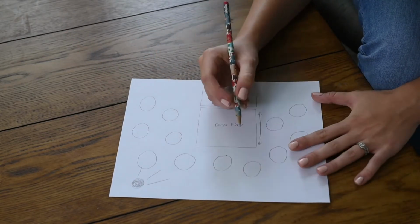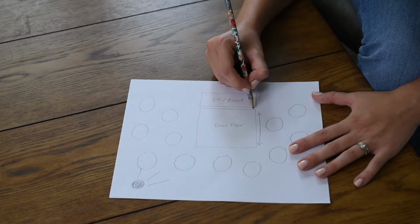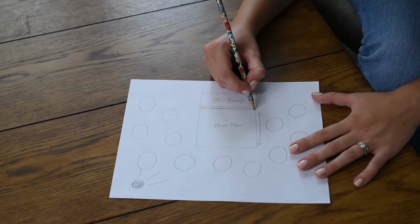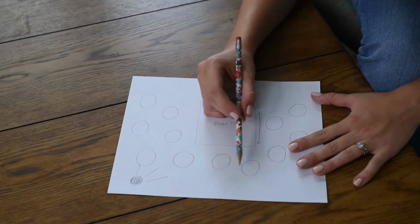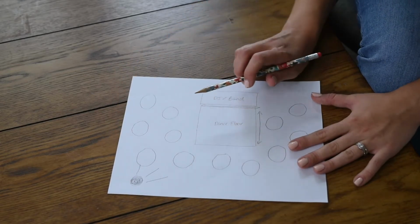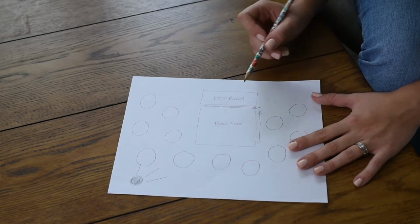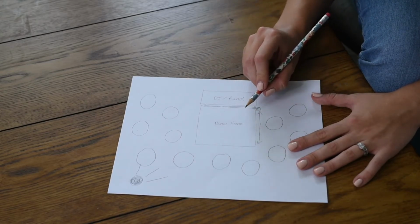All right, so with this setup, I could pretty much shoot anywhere along this area right here. I could also shoot anywhere in front of the DJ right here, so that I can also shoot this way if I happen to like this background, because then it would be off on the right hand side of my camera as opposed to the left hand side. Or I could shoot from this corner right here and go directly this way